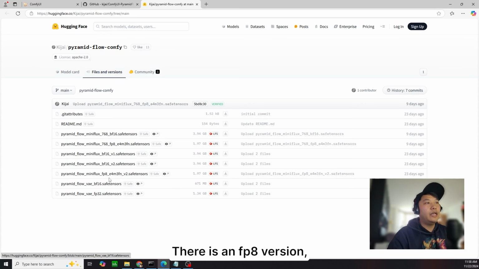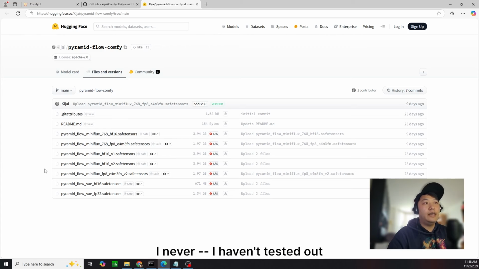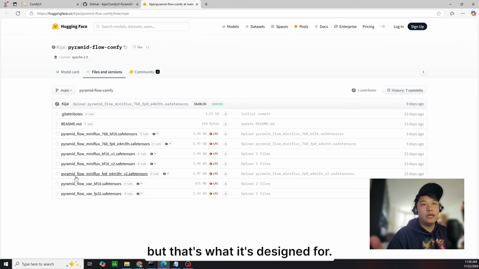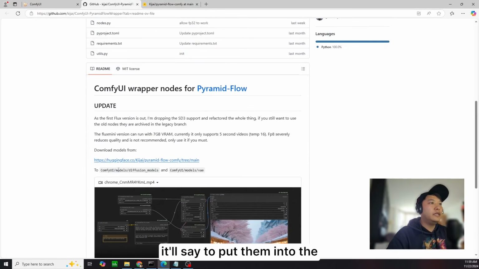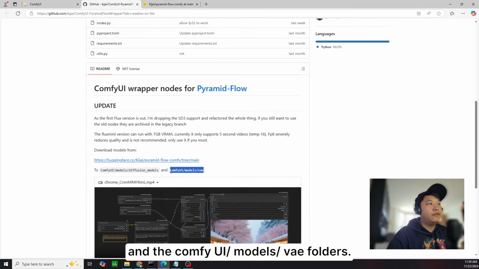There is an FP8 version, as you can see here, for if you want to try something with less VRAM requirements. I haven't tested it out, but that's what it's designed for. So we will download those 4 folders. If we look at this page again, it says to put them into the ComfyUI models diffusion models and